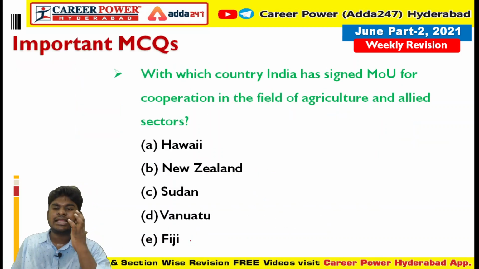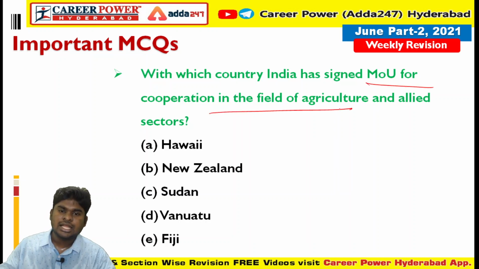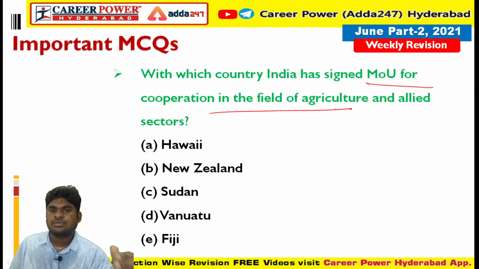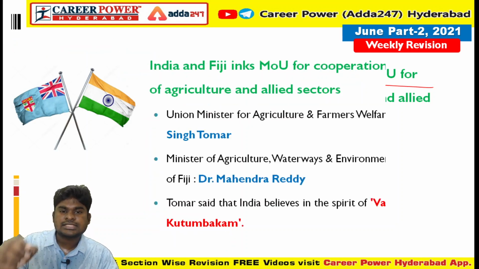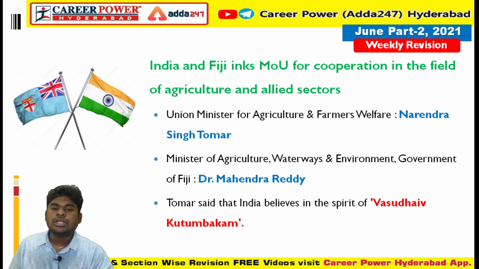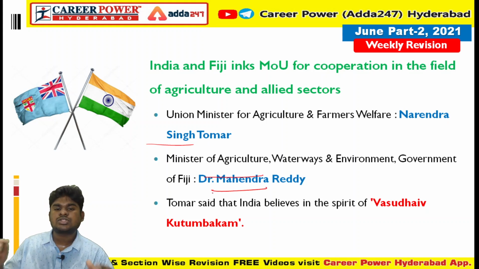So next, with which country has India signed a Memorandum of Understanding to cooperate in the field of agriculture? Answer is Fiji. The Union Agriculture Minister Narendra Singh Tomar and Fiji's Agriculture Minister Mahendra Reddy both had an